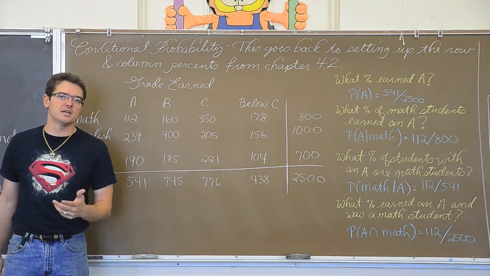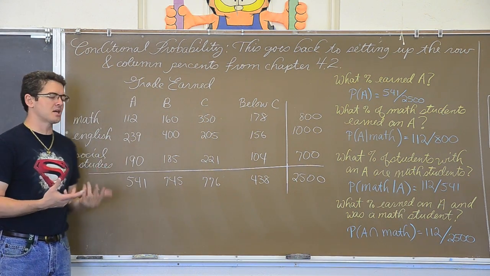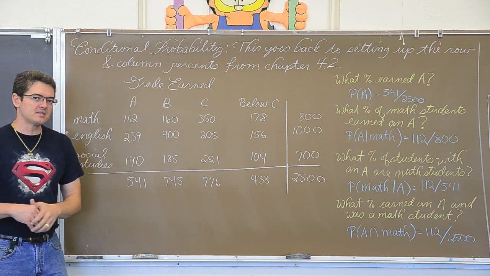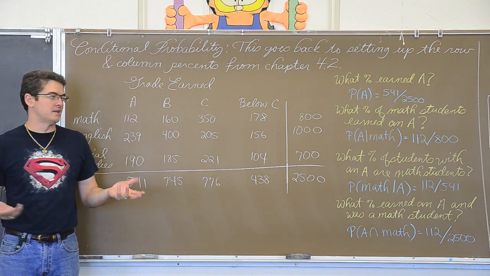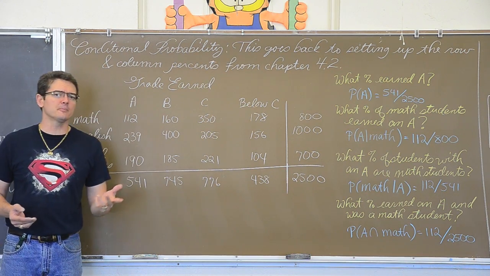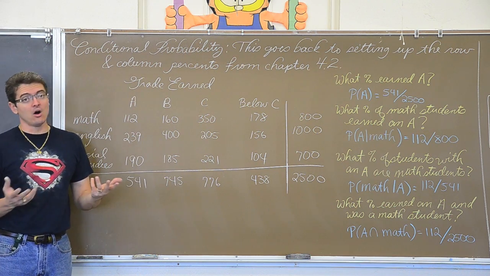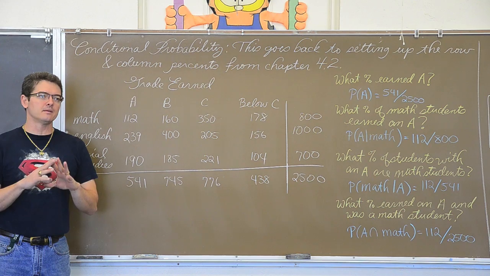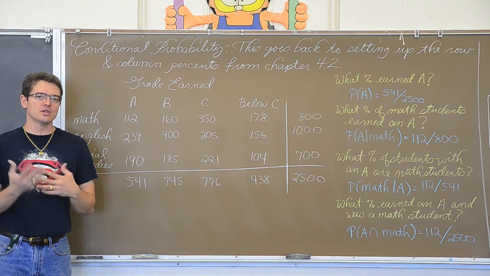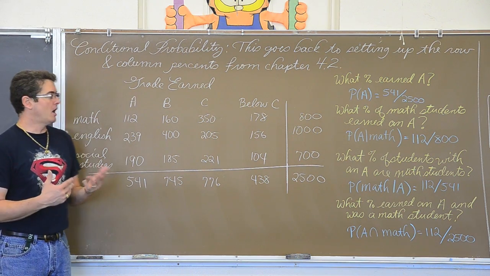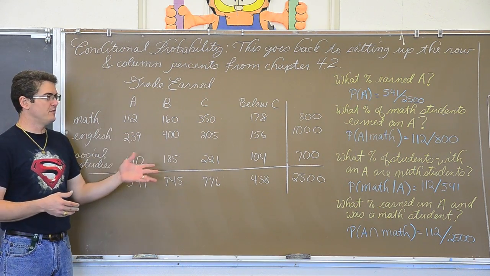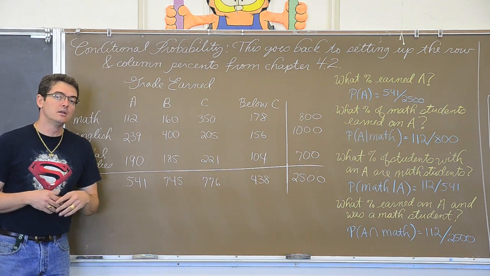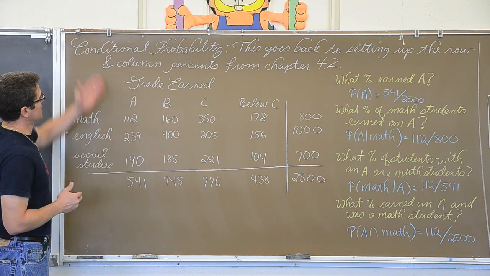Now we're going to revisit an earlier topic about analyzing the probabilities between categorical variables in a two-way table, and we talked about finding row and column percent. Row and column percents are conditional probabilities, but we did not actually introduce the proper statistical notation of what a conditional probability looks like. We just knew when to find a row and column percent. So we're going to revisit that and then move on to another screen and tie in the actual proper statistics notation that goes along with those conditional probabilities.